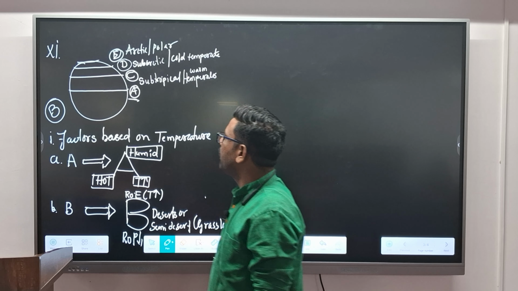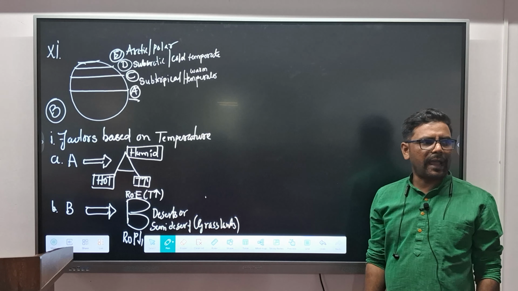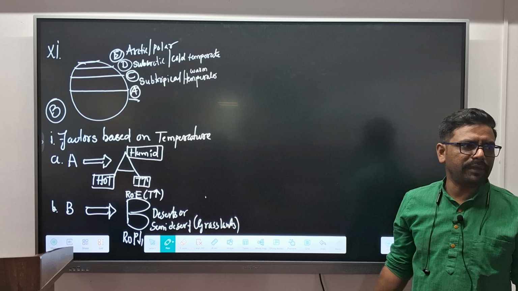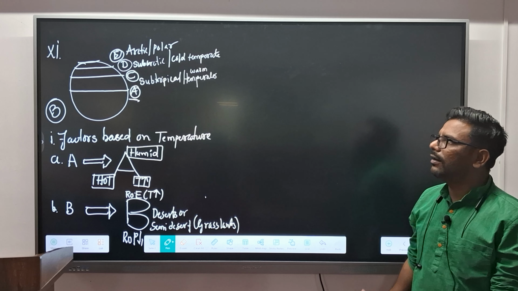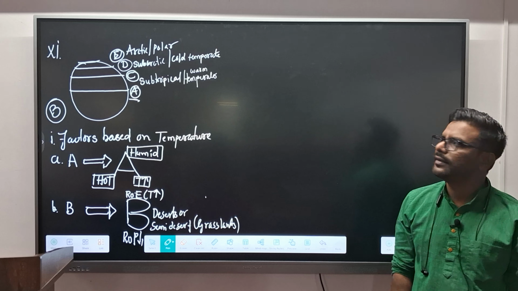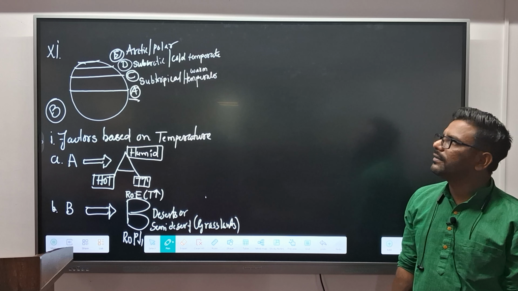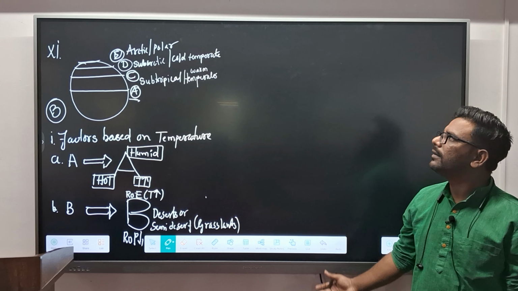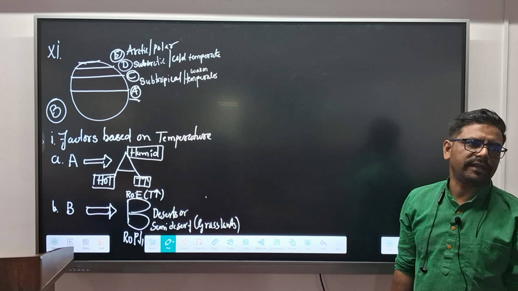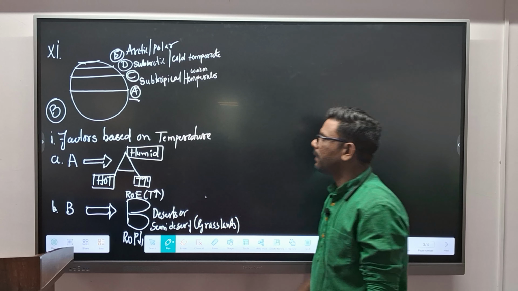Now we have understood based on temperature. Capital A means humid and hot. B means deserts and grasslands. C means warm temperate. D means subarctic or cold temperate. E means Arctic or polar. Understood, right? Second one, based on